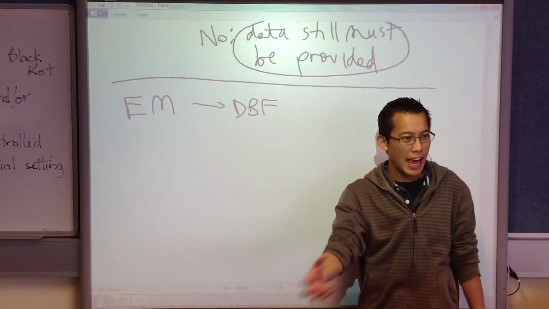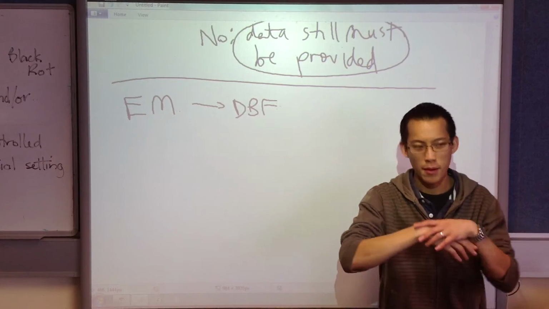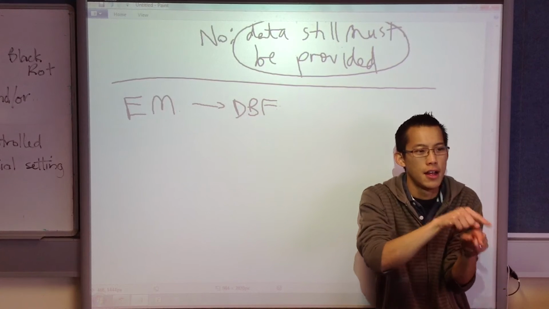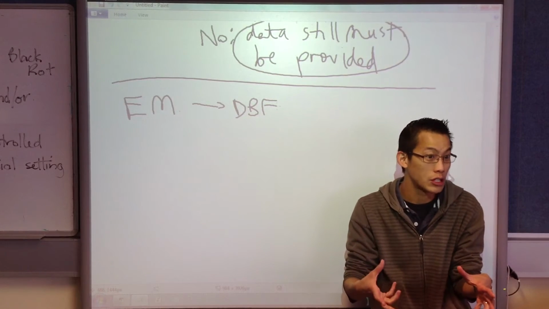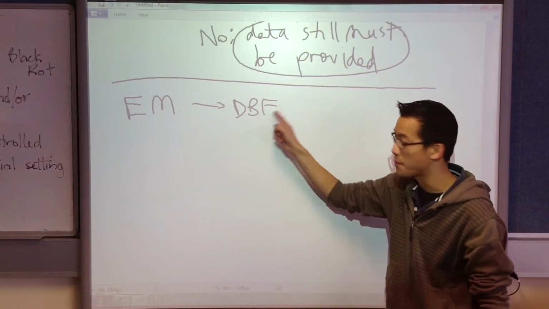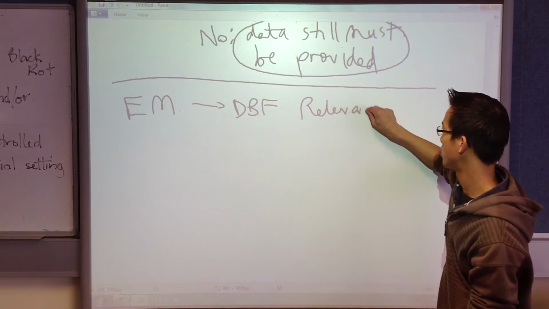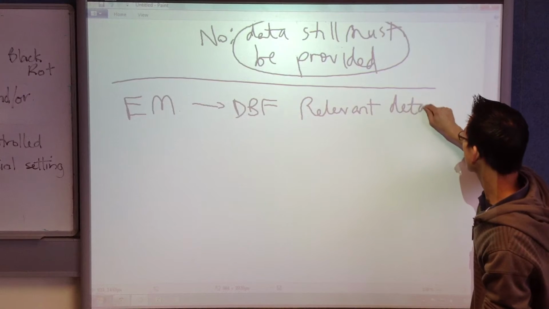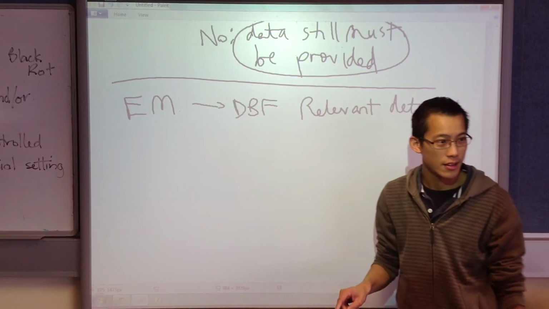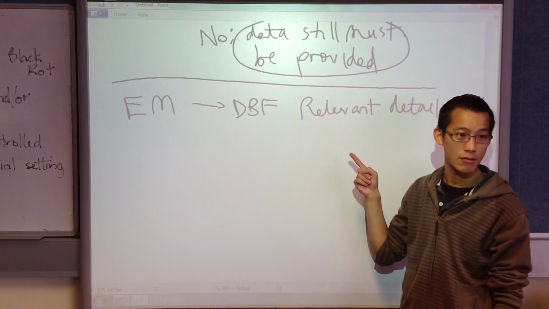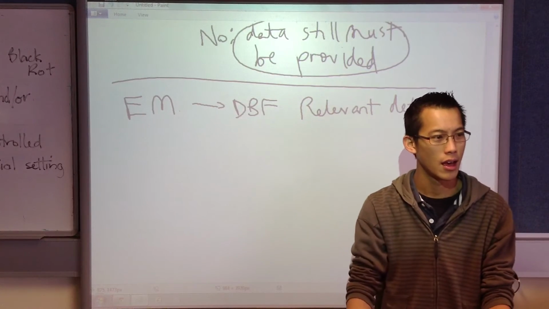It says, you gave me all these pieces of information. Maybe you gave me 100 pieces of information, but it was these 20 that you told me about that were really important to the decision I was going to make. Okay? So it goes to the database of facts, and it pulls out the relevant details for this situation, right? Okay? Do you remember that? Yes?